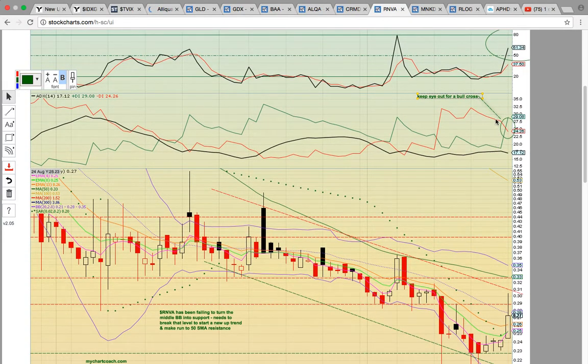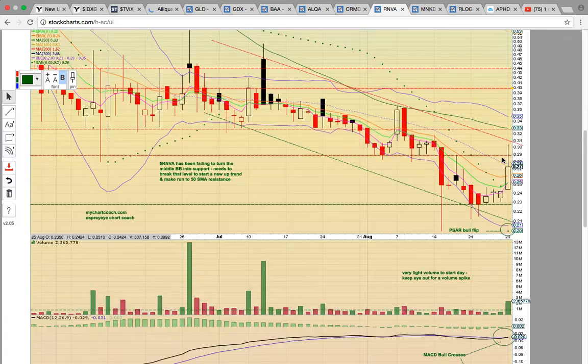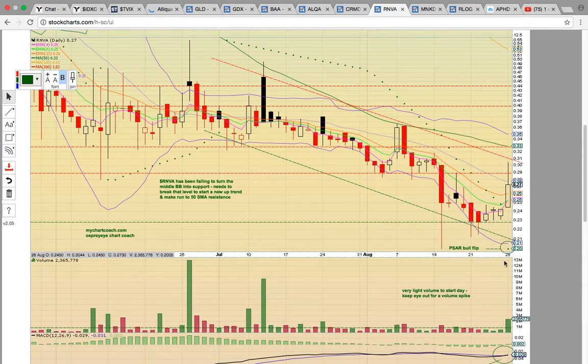This is a chart we posted earlier in the day, and at the time the green line and red line, plus DI and minus DI, were pinched, and we were looking for a bullish crossover, and that did happen today. The green line did cross the red line to the upside, so that was a good bullish signal. We've got a PSAR bull flip. Notice how the green dots were above the candles during this entire drop, and then today when the share price broke above this dot level, the dots flipped below the candles,